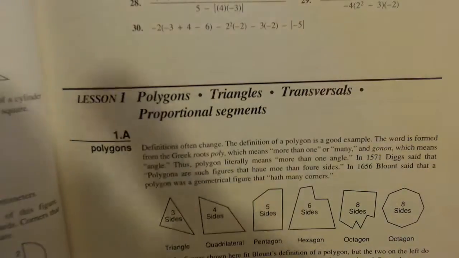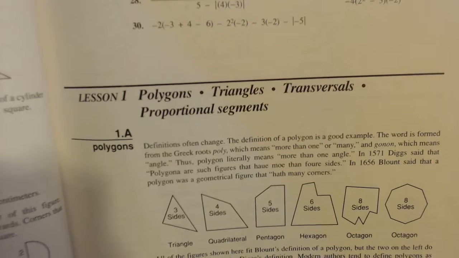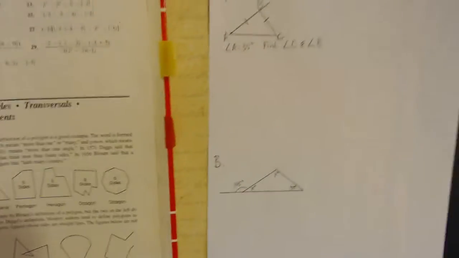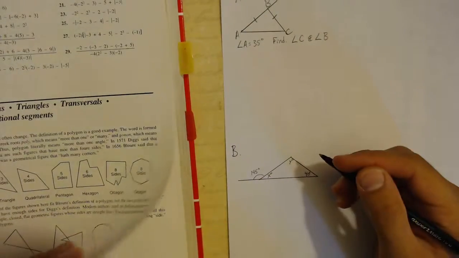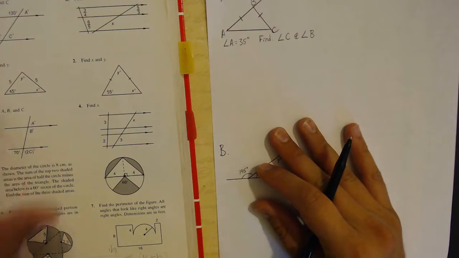Algebra 1, Lesson 1. Polygons, triangles, transversals, and proportional segments. We'll be doing practice problems A through D. Practice problem A at the beginning of the lesson, found here,